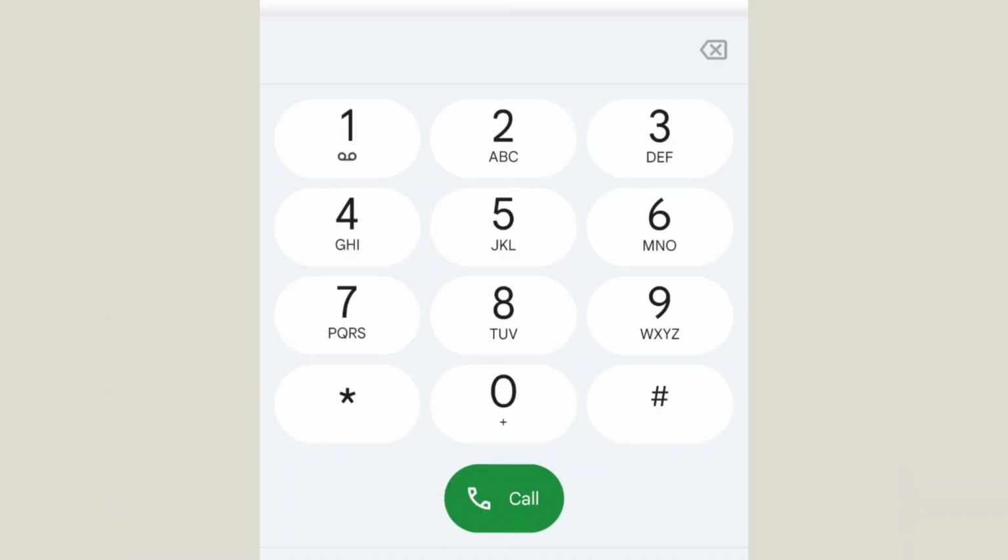Next, we are going to be talking about MTN. I'm going to be sharing with you the codes you can use to get it at a very cheap rate for your midnight plan on MTN. The code you can use to get cheap data for your MTN midnight plan is